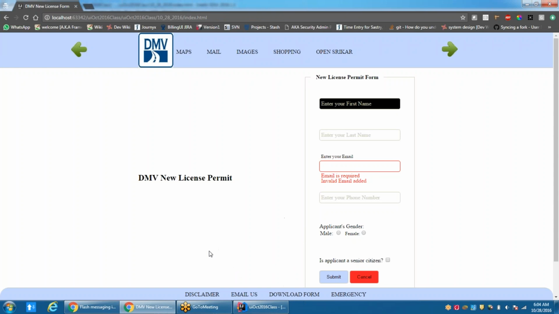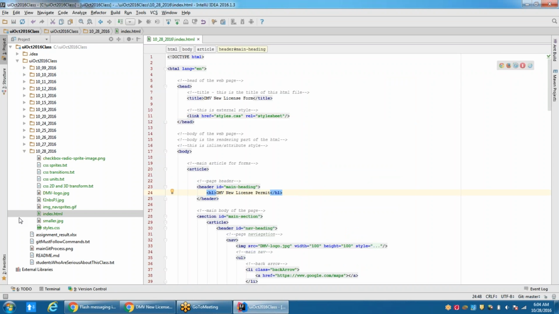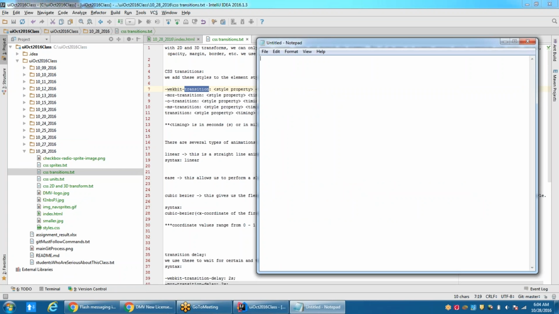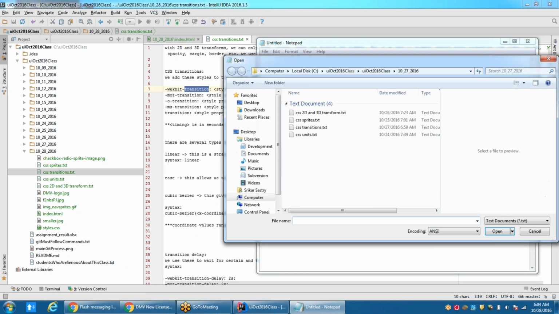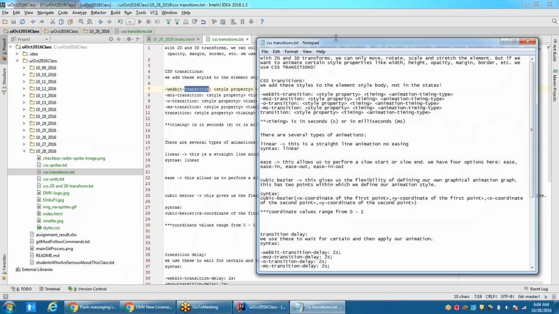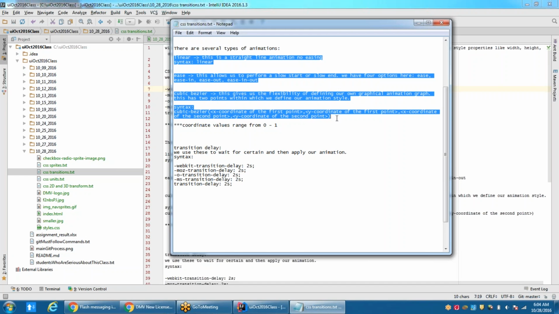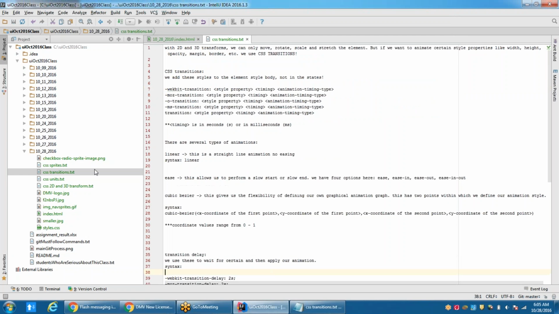Okay, so yesterday we looked into the CSS transitions and basically adding this keyword WebKit transitions. Let me open this in Notepad. So we looked into transitioning where we can use cubic bezier here or linear or ease-in ease-out type of styles to target a particular style of that element and then manipulate or make it a little bit beautiful. Like the good example that we looked into